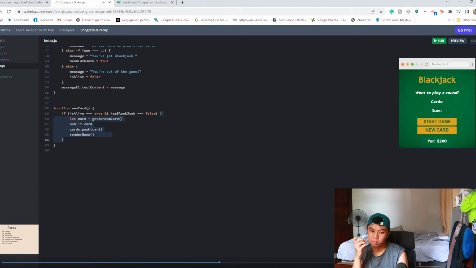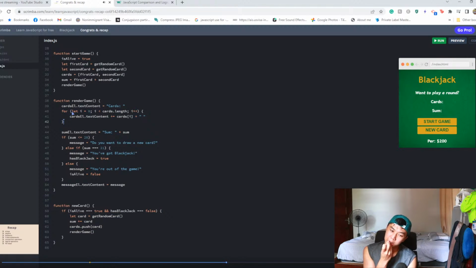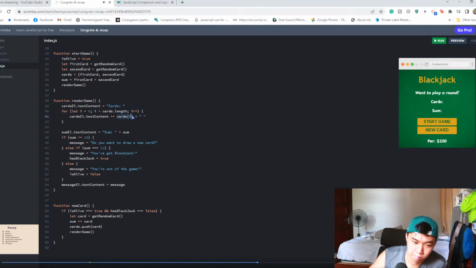And something we also learned was the for loops. It was here in the render game function where we used the for loop to loop through our cards array and render out each card. Again, for loop is one of those foundational things in programming because so much of programming is centered around data and doing things based upon the data. Whether that's rendering it out, making